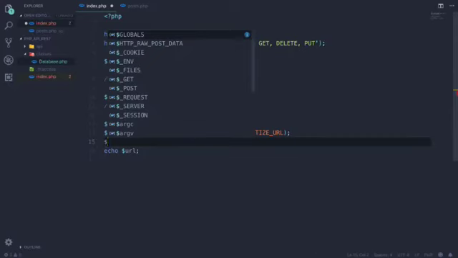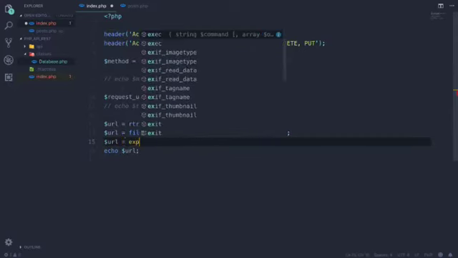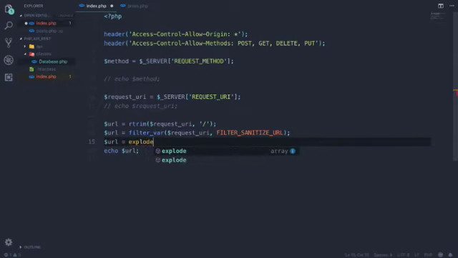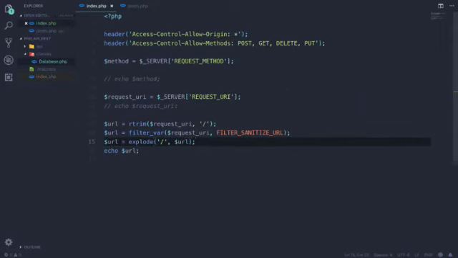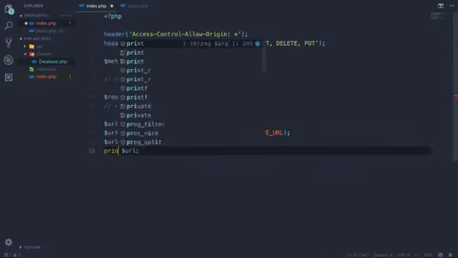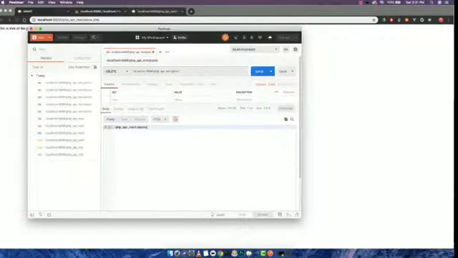Now we need to get the parameters from the URL. For that we can simply use the explode function, and I'm gonna explode that URL with this thing. Now if I go ahead, let's put a var print_r function, which will give you the